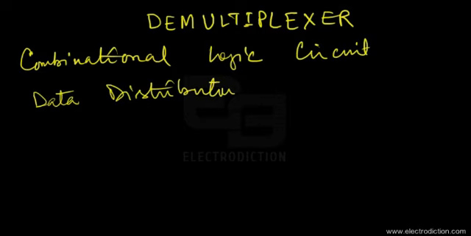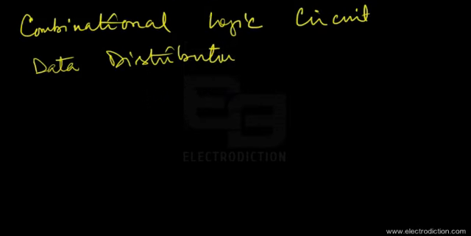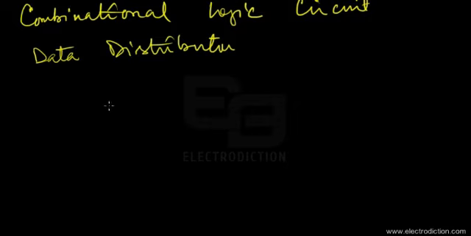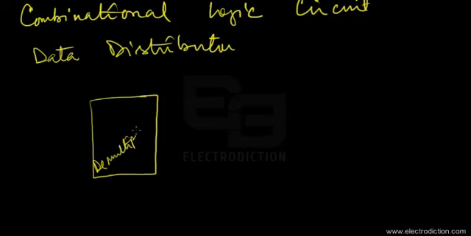So, quickly coming to the operation of a demultiplexer. Let's consider that this rectangular block that I'm drawing here represents the circuit of a demultiplexer. Before I move on to the details of the demultiplexer circuit, I would like to mention two things that are very important. One is that all demultiplexers should have a single input line